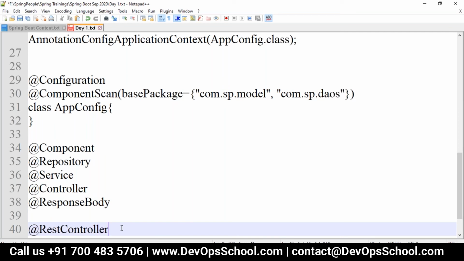Then our controller becomes a REST controller, and it does not look for the view. Controller always looks for the view, but RestController does not. For service and repository, you can mention component as well, but these give code readability. This is to take your requests and responses.